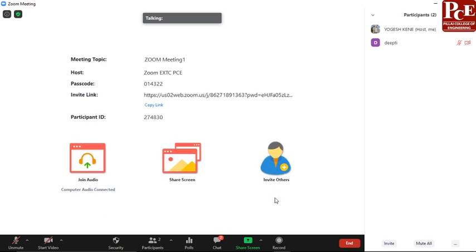Now, Dipti ma'am just told about the recordings. So there are two ways: one way either on our computer or on our cloud. Now let's see how to extract those recordings, from where we'll get those recordings and how to share those recordings with our students. So to access those recordings, you have to go to our main Zoom window.